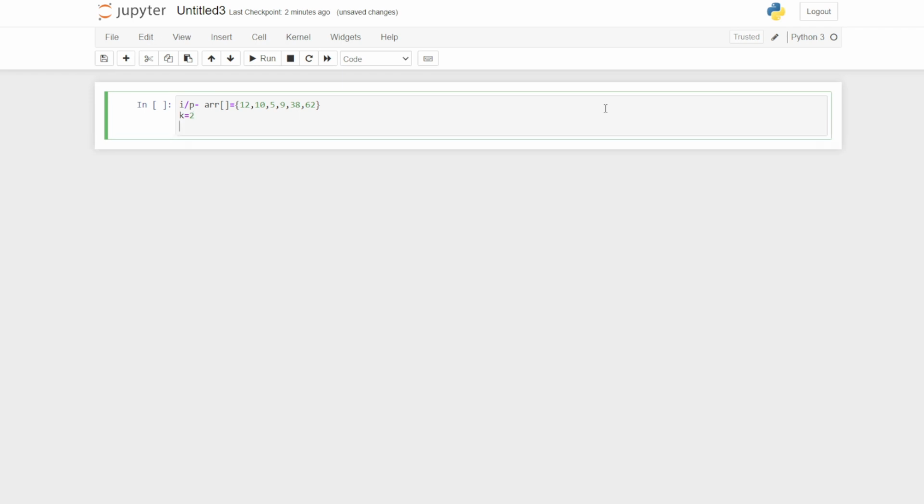Then we should be getting the output as: array is equal to, bring the rest of the elements as it is in the array, leaving the first two elements. Then at the end we will paste the first two elements, that is 12 and 10. This should be our final output. This is how this program will run, and this is what we call split the array and add the first part to the end. Let us write the code for it.